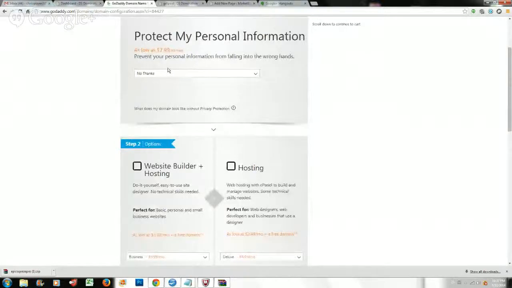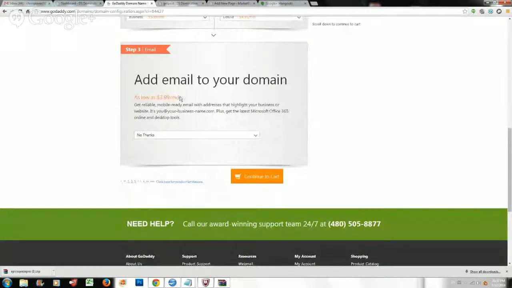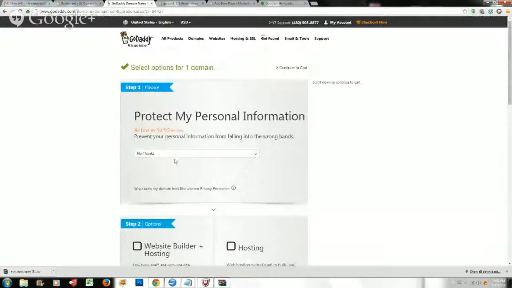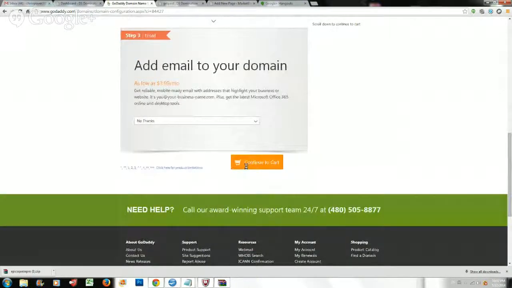They try to upsell you on stuff. Just click no thanks. You don't need any of this. For hosting, I leave it on deluxe for $49 a month. Now, I do recommend getting an email to your domain because that's really going to help with your Aweber account, having your own domain there. That's something I recommend, but it's not needed. It's only $3.99 a month, but that's the only thing I would recommend. But if you don't want it, just click no thanks. You could have something like chris@yourwebsite.com or bob@yourwebsite.com. But get what you want, continue to cart,